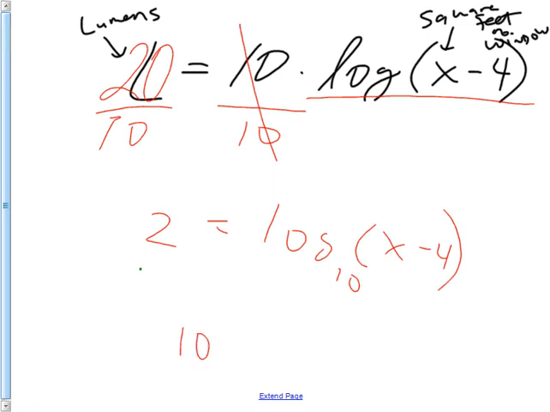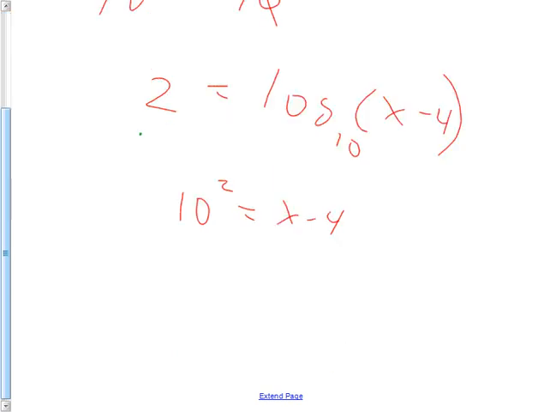10 to the second equals x minus 4. From there, it's just 10 squared is 100, and then you add 4 to both sides. X equals 104. What does that mean? You'd have to tell your evil genius boss that he needs 104 square feet of windows then if he wants